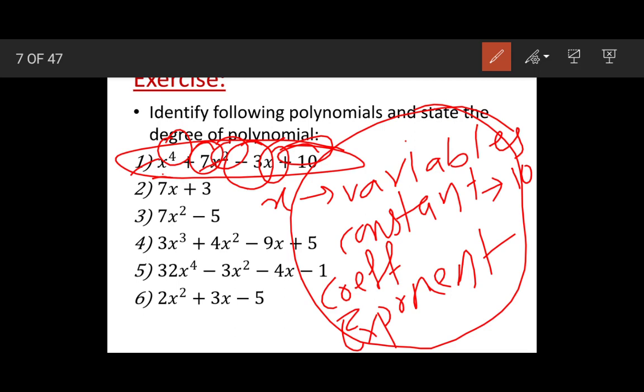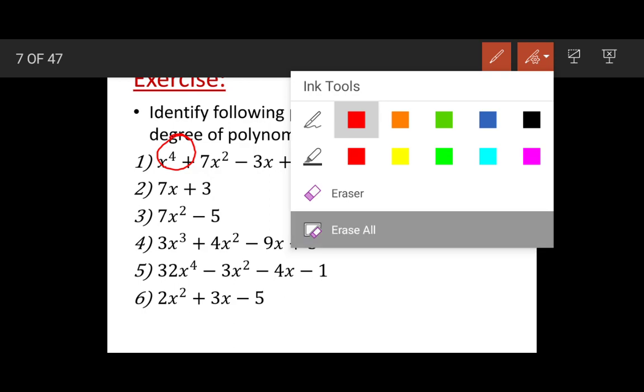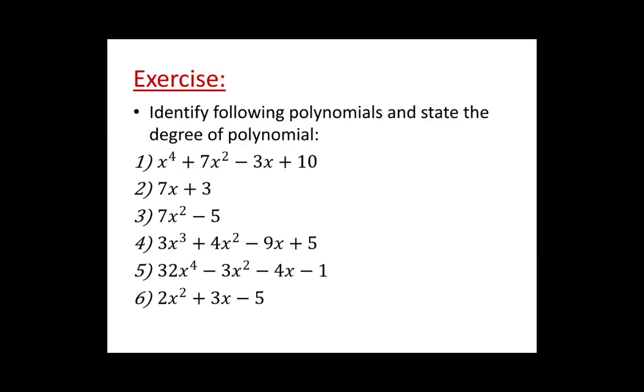After getting the polynomial, next we have to find the degree of the polynomial, and the degree of a polynomial is nothing but the highest exponent of the variable. With this I am concluding this video. In the next lecture we will see the next part, partial fractions.